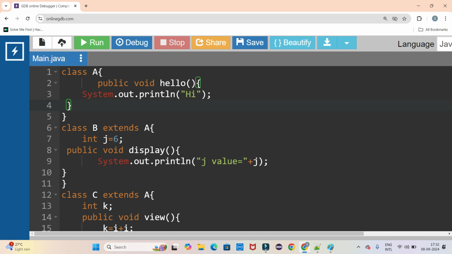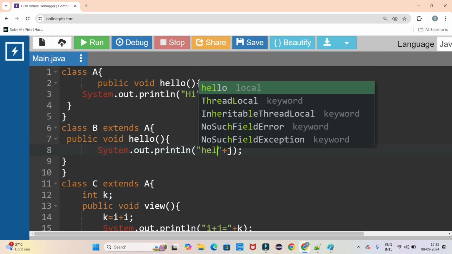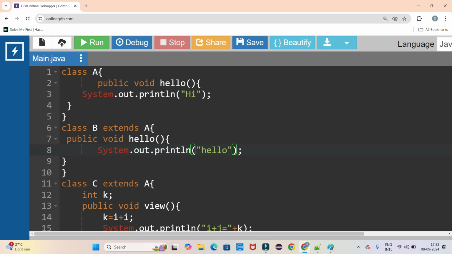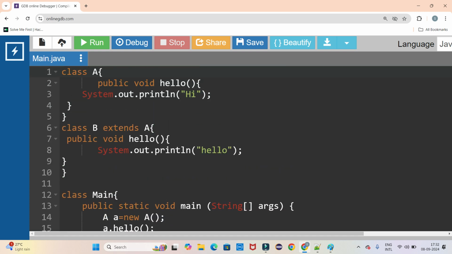Now in class B, I'll call the same method here, hello, and I'll print hello. Class A closed, class B closed. Now if I call the main method,